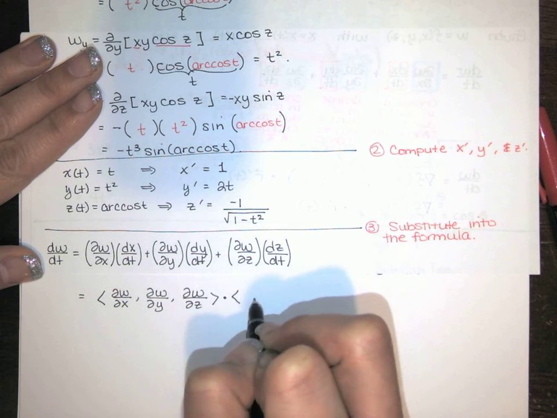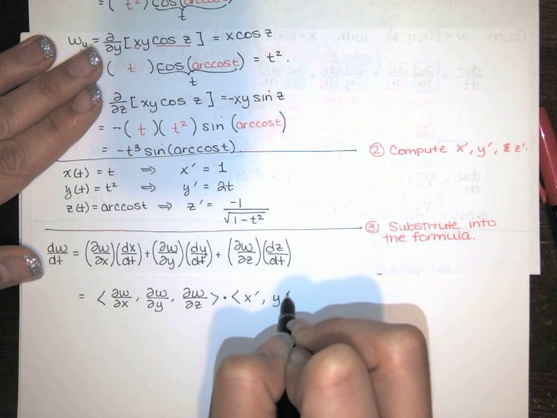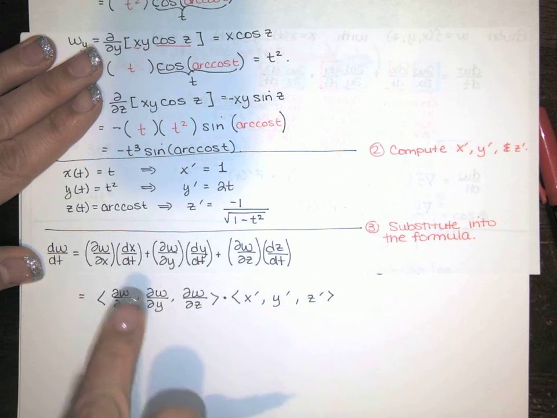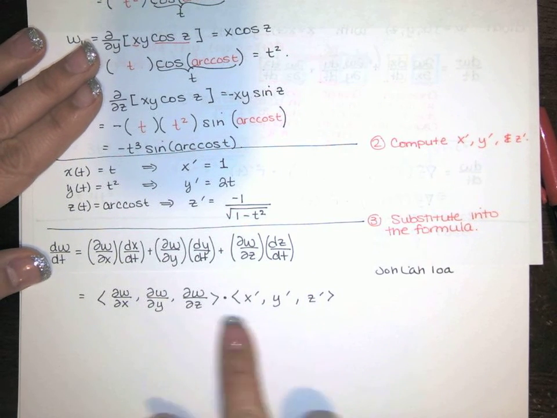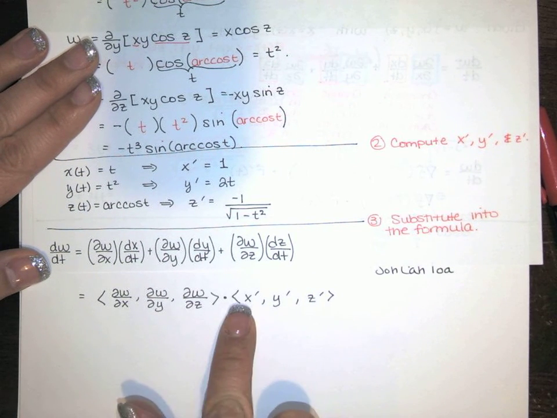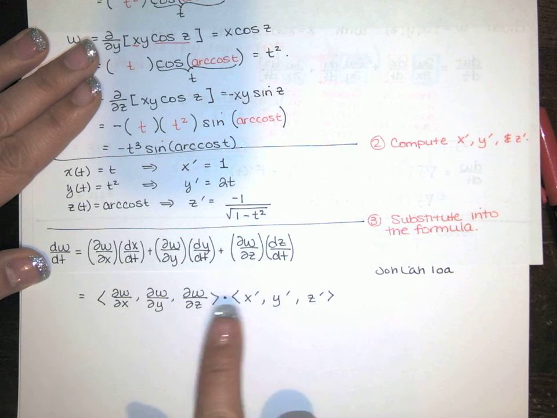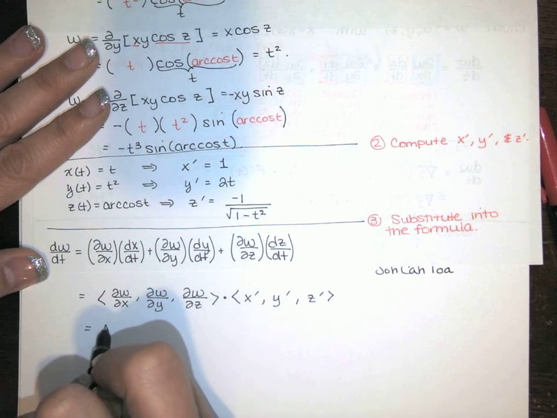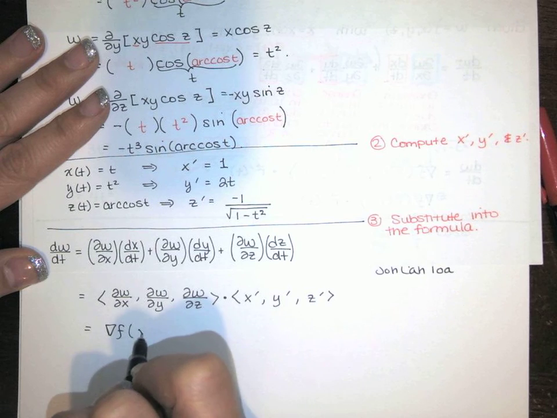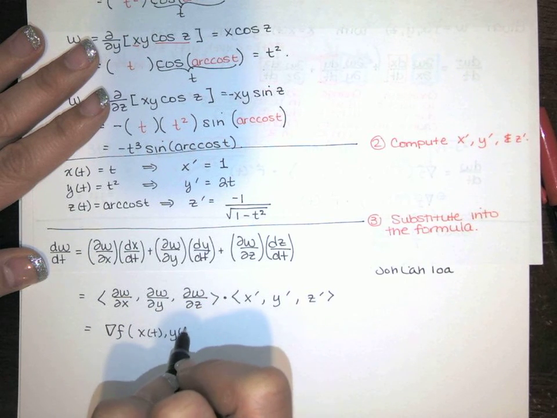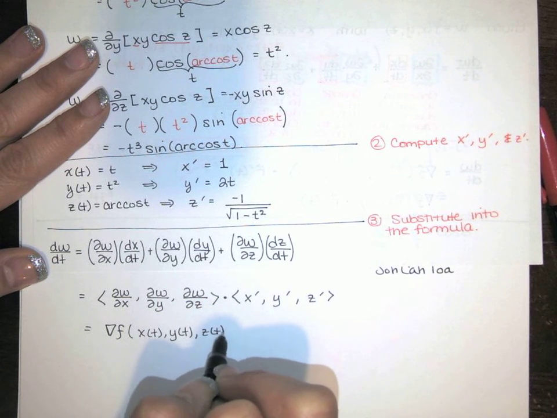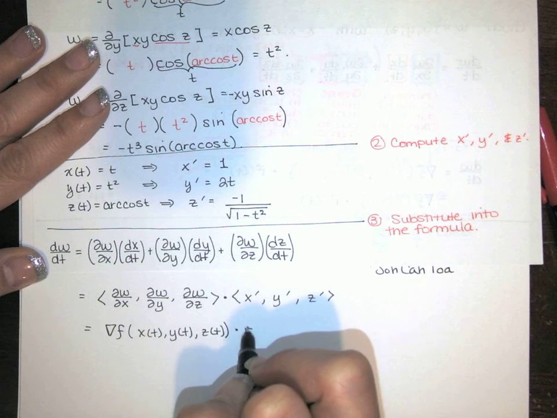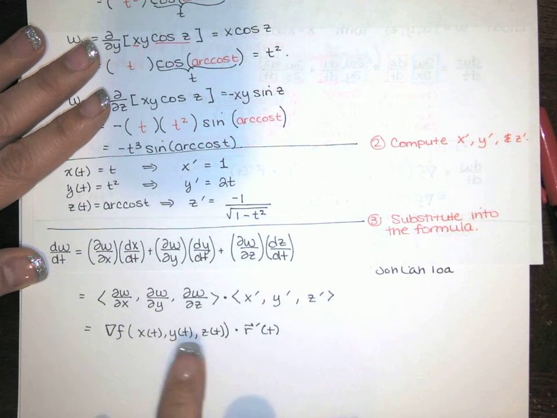It's that dotted with this. This is just another way of writing this, because I'm doing this times this, plus this times this, plus this times this. I get this. Well, that's the gradient of capital F, evaluated at x of t, y of t, z of t. And that is r prime. So if I dot these,